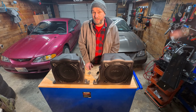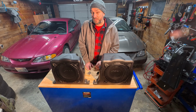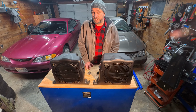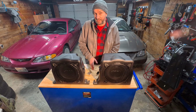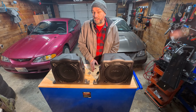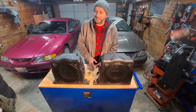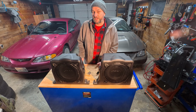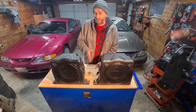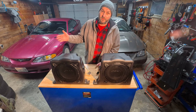And another thing that's kind of funny regarding wattage in audio is that if you start with a more efficient loudspeaker, you need fewer watts to get louder. That's kind of a weird relationship. So as an example, if you have a woofer that says it does 90 decibels at 1 watt, 1 meter, and then you give it 2 watts, it'll make 93 decibels at a distance of a meter. And if you give it 4 watts, it'll make 96 decibels at a distance of a meter. And if you give it 8 watts, then it's going to make 99 decibels. So every doubling of wattage is 3 decibels,